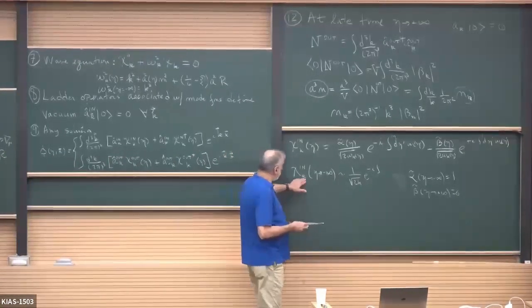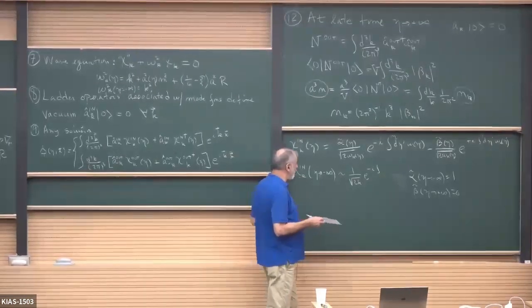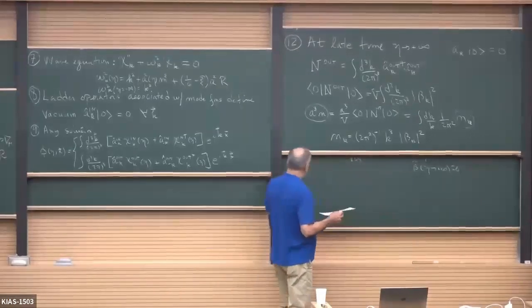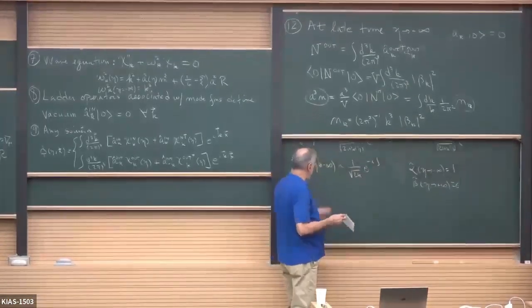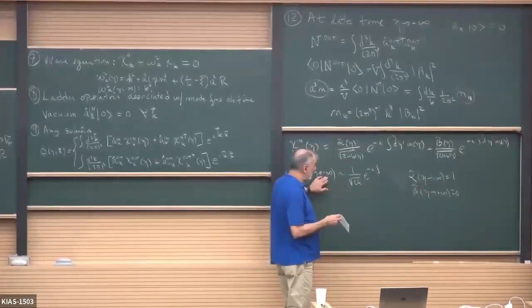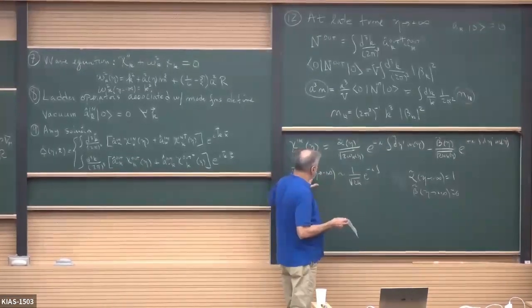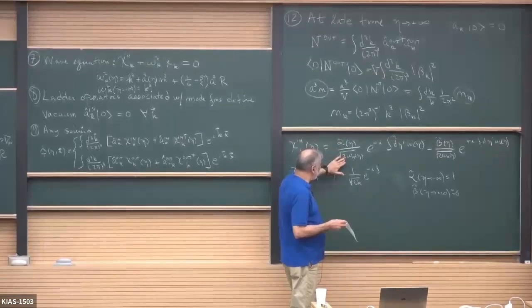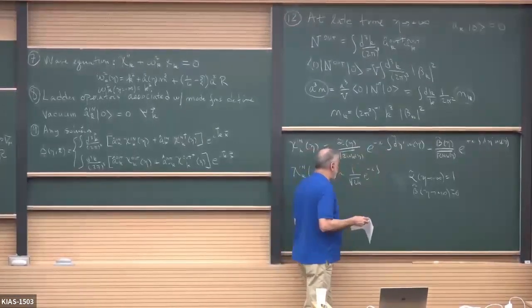Well, if you put this solution into the wave equation, so assume that this is chosen to be the solution at the initial value. If you would put this into the wave equation, just 1 over the square root of 2 omega times this,